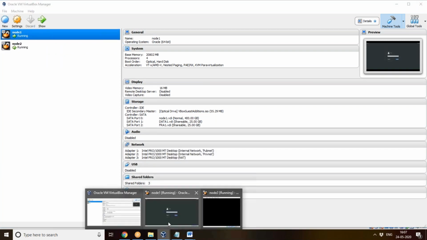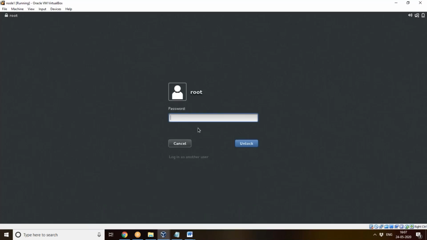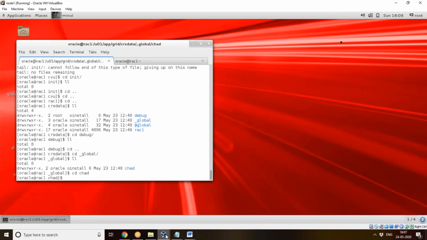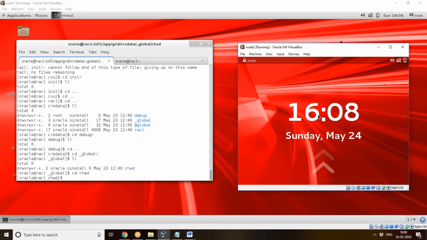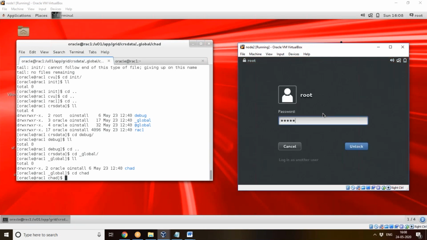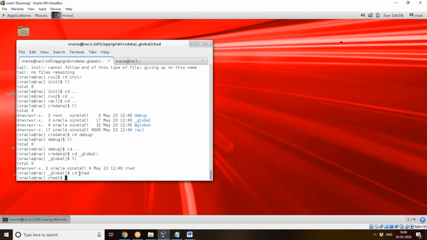Now we'll see RAC 1, then RAC 2. So these two nodes are there. Fine. So now we can use the grid in two forms.